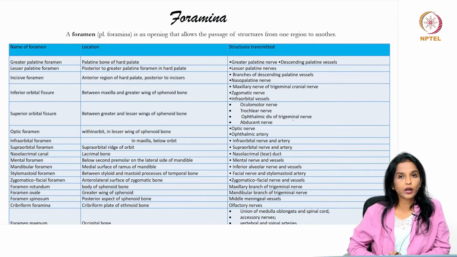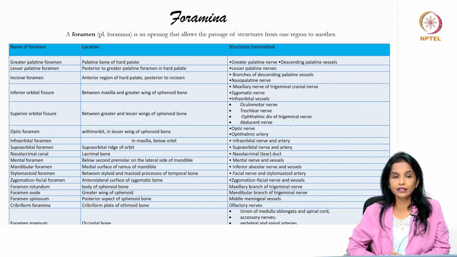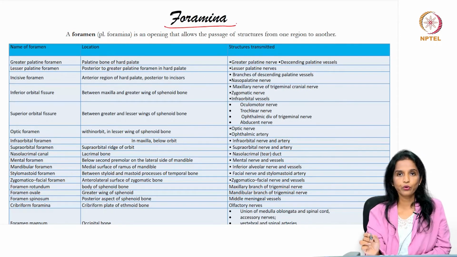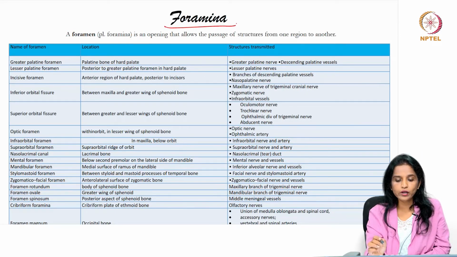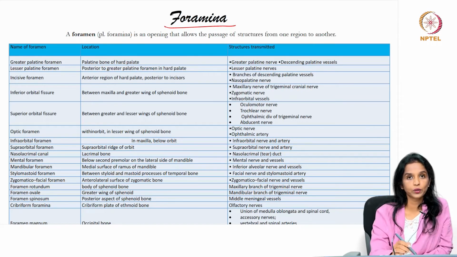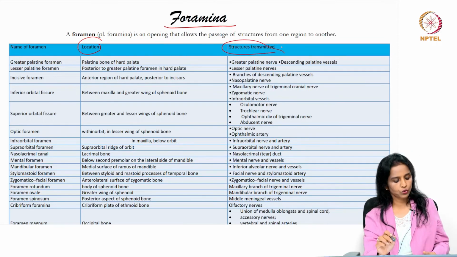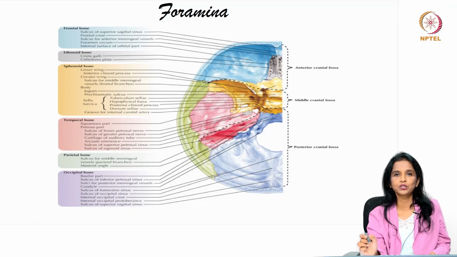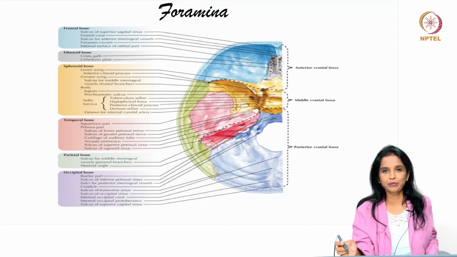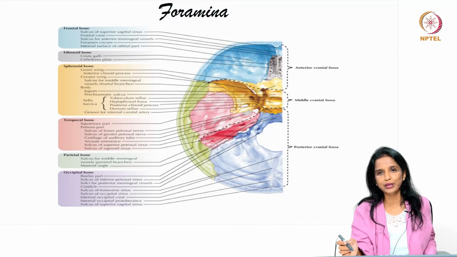And now we are going more in depth about the holes in the craniofacial system. These holes or spaces are very important. That is your foramen. They are openings or holes which allow the passage of structures from one region to another region. We can see a very huge list over there. You can see the location and the structures transmitted through it. So, we have a diagrammatic representation to show this in a better format. How do we go about reading this and understanding the foramina? Foramen is singular and foramina is plural.